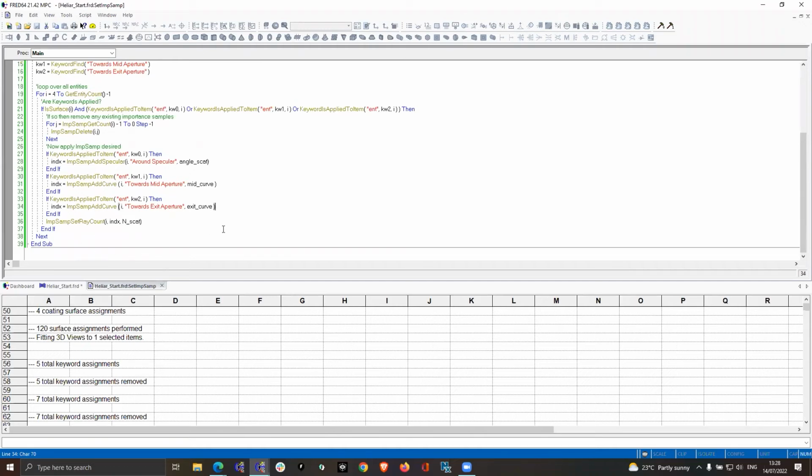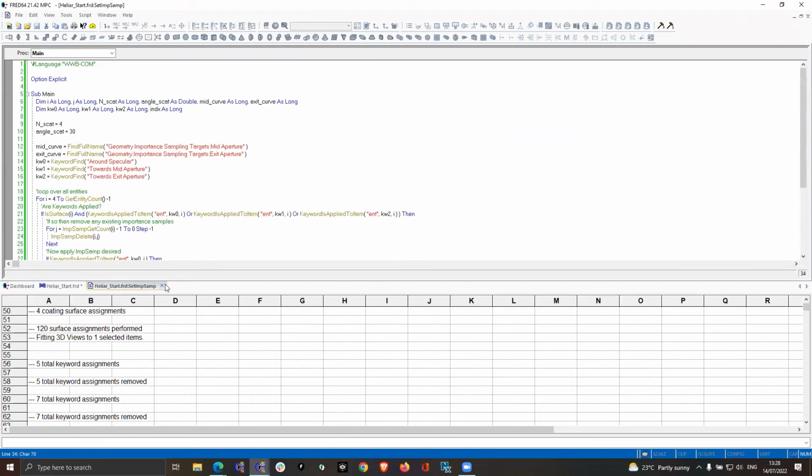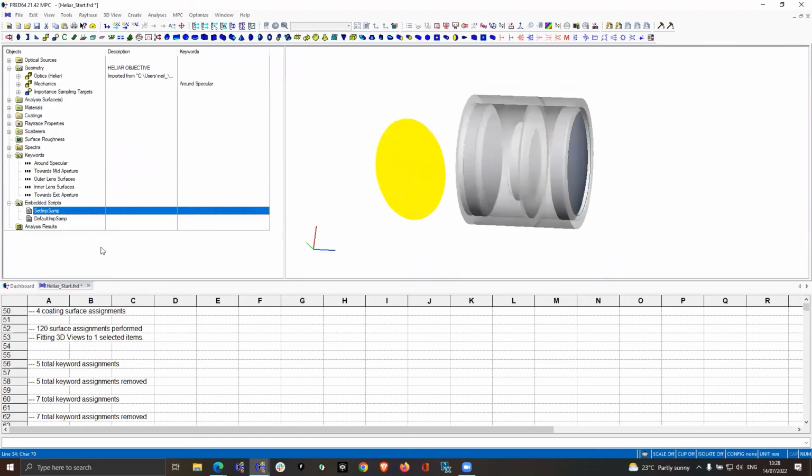So this is a very short piece of script, less than 40 lines. So it's very easy to write, very easy to do, but it's a lot simpler than trying to apply importance sampling definitions to hundreds of surfaces. So if I just run that script